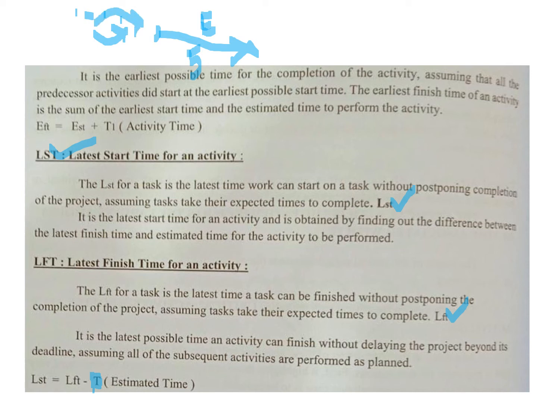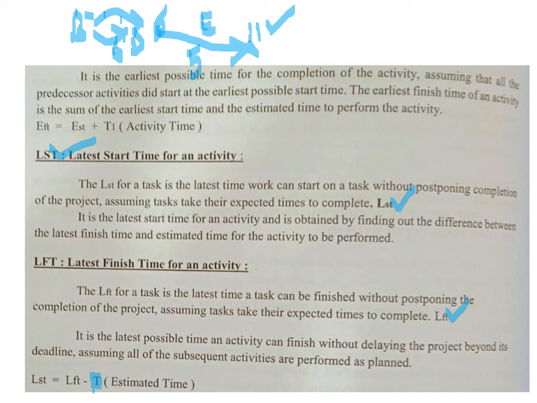Let us say, as in the previous example, we said that we had B and D activities which are happening, which takes a longer period. It takes, let us say, 6 days. So for activity E to start, the earliest it can start is the 6th day, right? And then activity itself, if it takes 5 days, then it is 6 plus 5, 11 days is the earliest that this can finish, right?